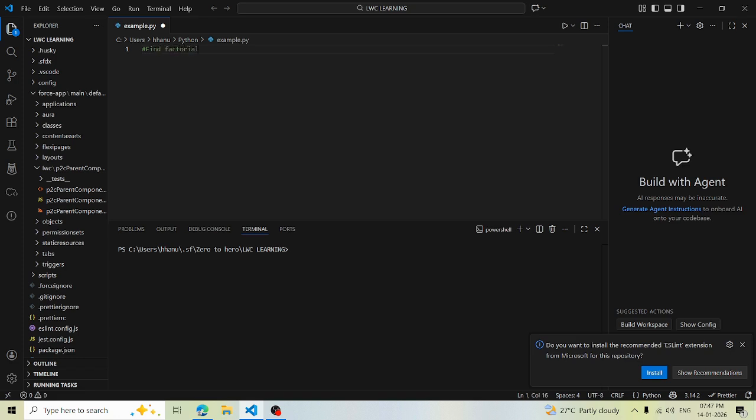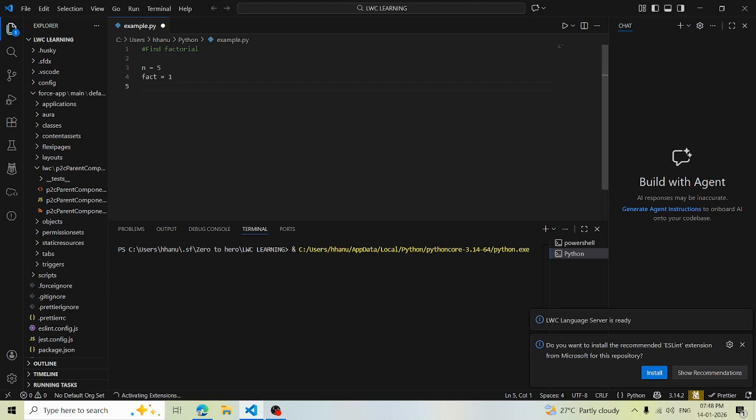Here n is the number for which we want to find the factorial. In this example, we are finding factorial of 5. That's why I gave n equals to 5. And next, I will give fact equal to 1. We create a variable called fact. We start with 1 because factorial always starts from 1. That's why. And next,